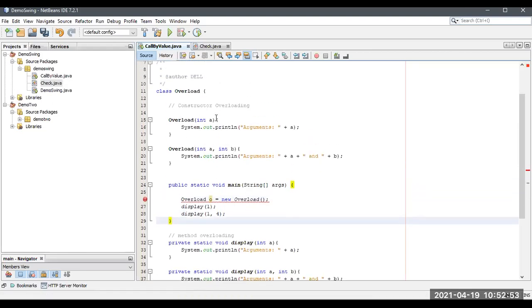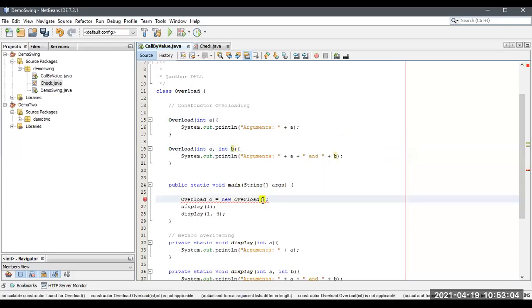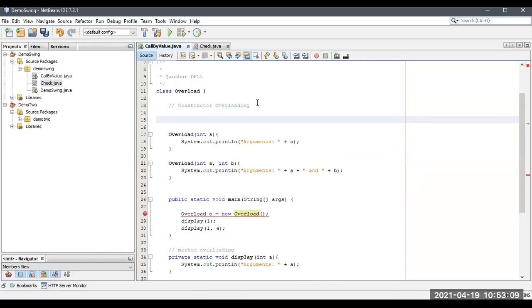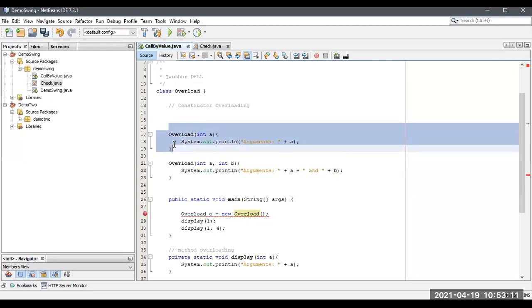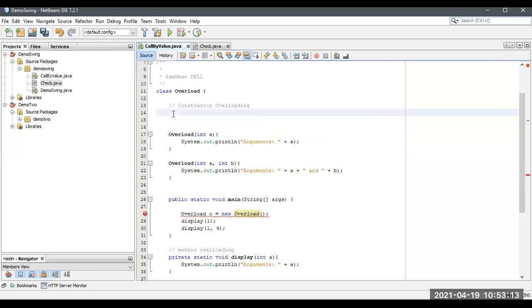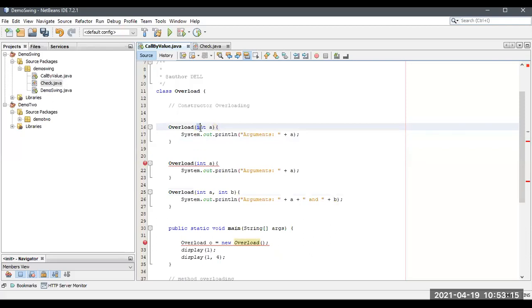Because it is having a single argument, and the parameter is an argument. There is no no-argument constructor available. If you declare this, see, now the error disappears. It has gone because a no-argument constructor is available.